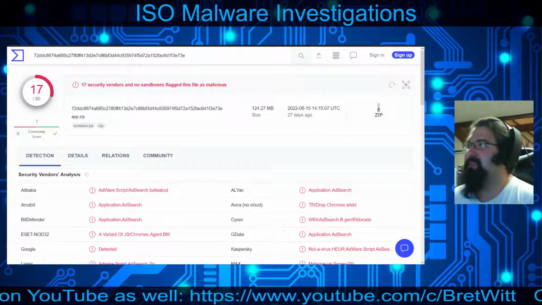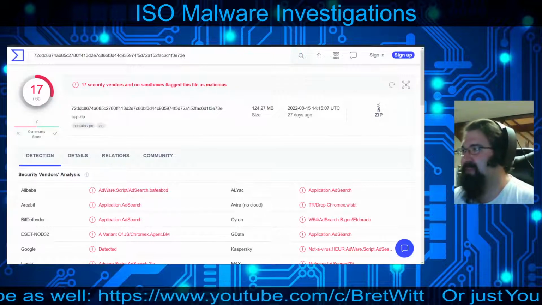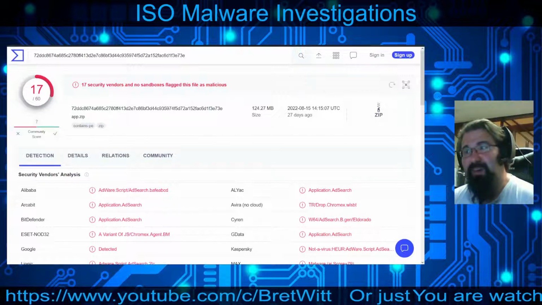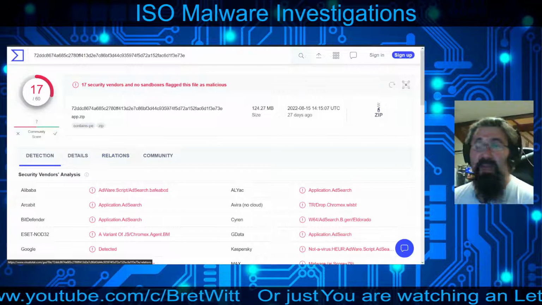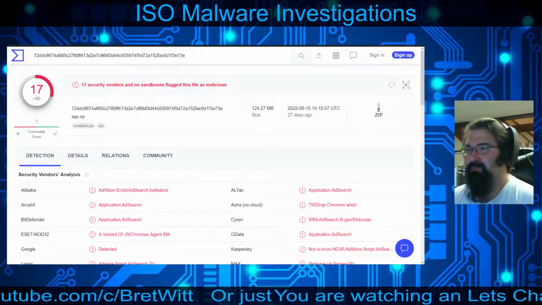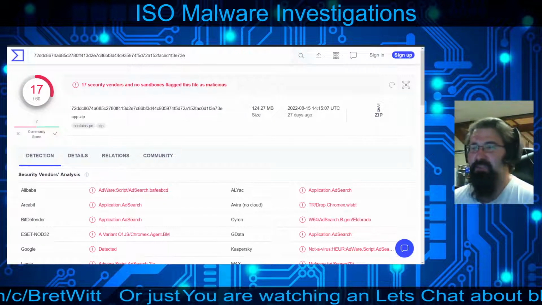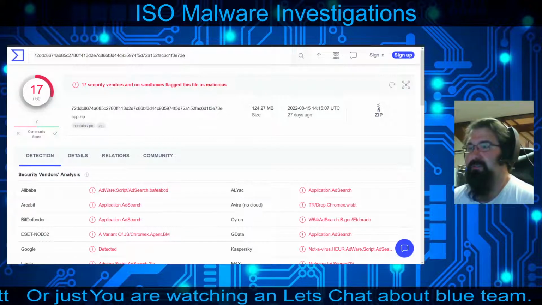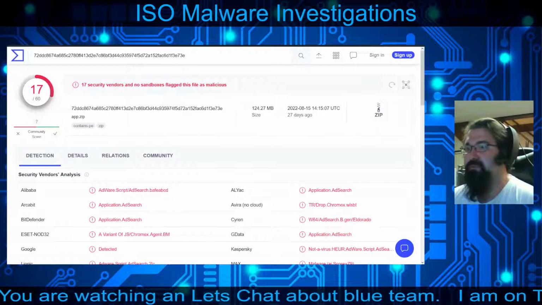Granted, this ISO, when mounted, kicks off the install.lnk, which then kicks off resources.bat, a script file, human readable, which then basically just unzips everything. That's the aspect I should show you, which I think I was trying to get to, but then got a little bit sidetracked. So let me switch this, and I will show you